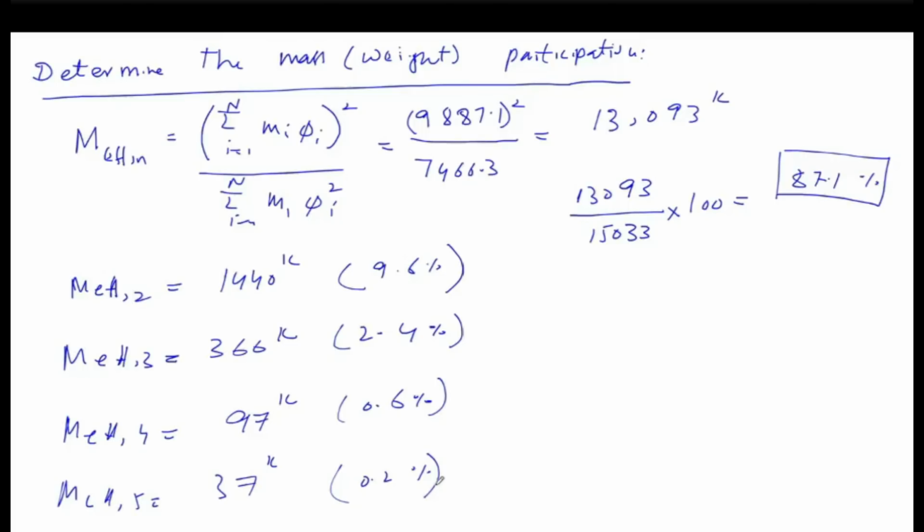If you see from these modal masses, the contribution of the modal mass reduces as we go to the higher modes. For example, it reduces from 87.1% to 9.6, 2.4, 0.6, and then 0.2. Now, remember that when we are doing modal analysis, the code proposes that we take a sufficient number of modes such that the combined modal mass becomes equal to or greater than 90%. So if we just sum the effective mass,